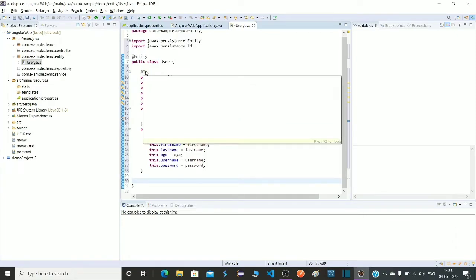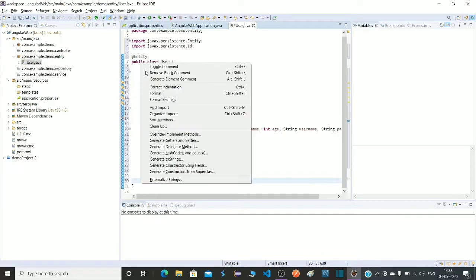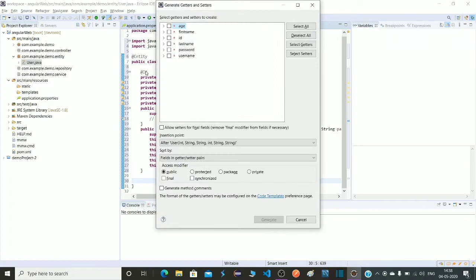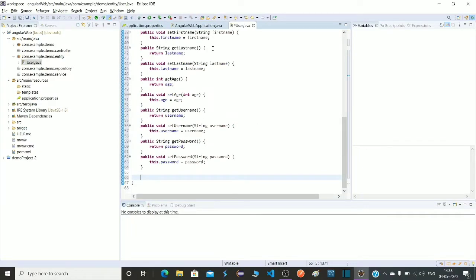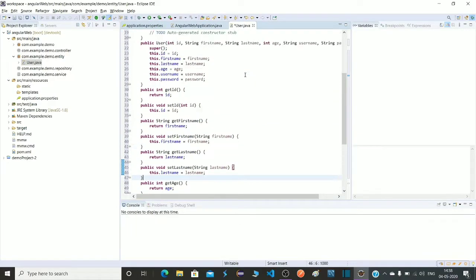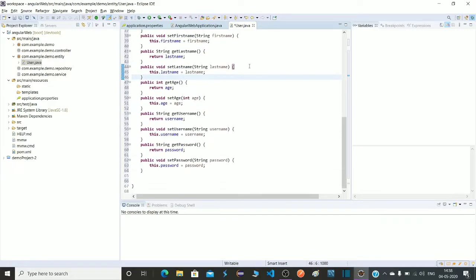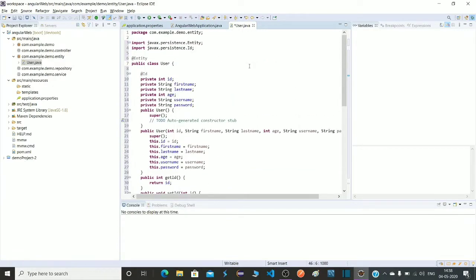For that you can press Alt Shift S, generate setters and getters. Here is one more shortcut. If you are using all the fields, you just press tab and then spacebar, again shift plus tab, and then press enter, and you are all done. Okay, so our entity class is ready.